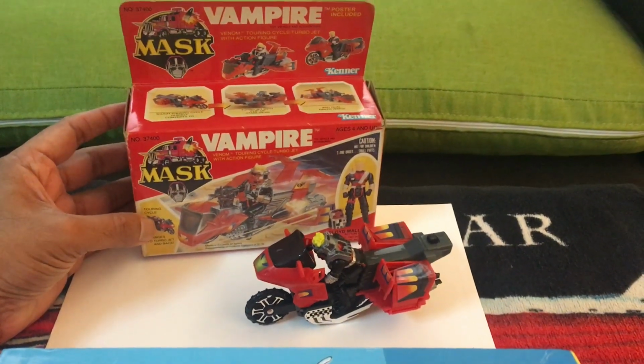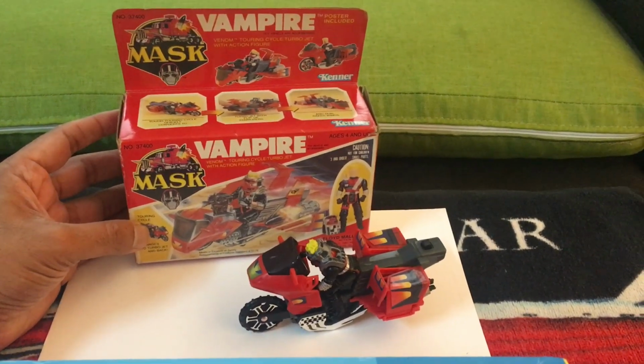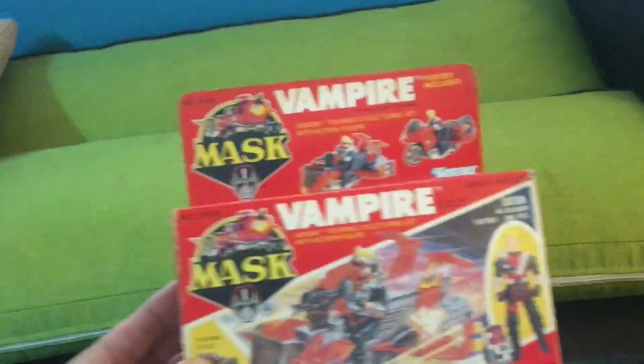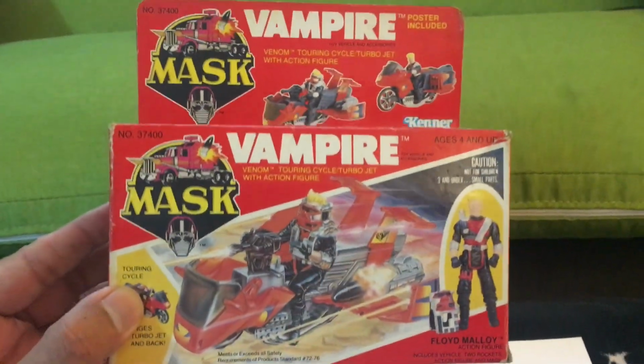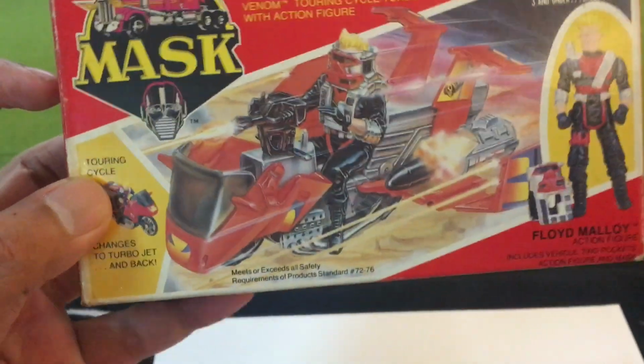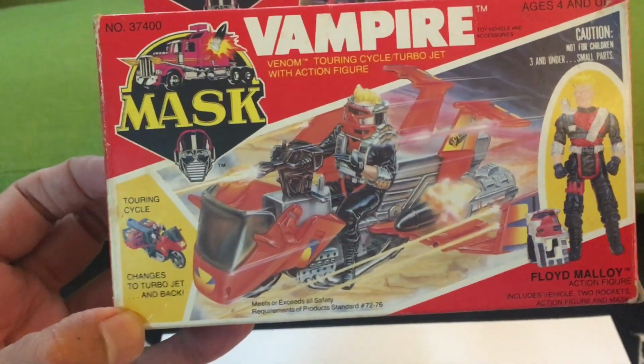So today we're checking out another 80s classic, the M.A.S.K Vampire. Vampire was a vehicle that belonged to the evil Venom organization, and we have the original box for this thing as well. So let's take a moment to enjoy the glorious artwork that shows off the vampire and rider in